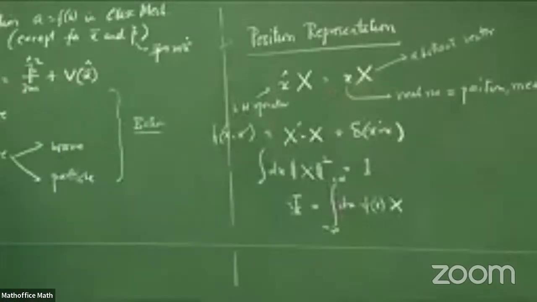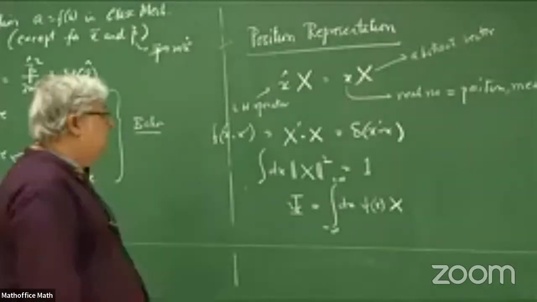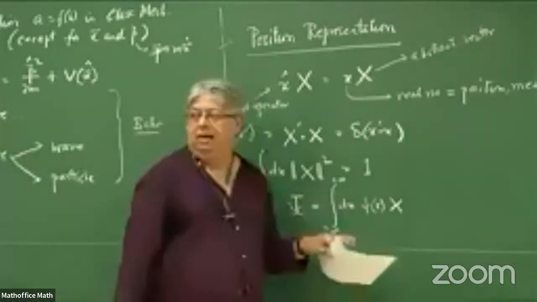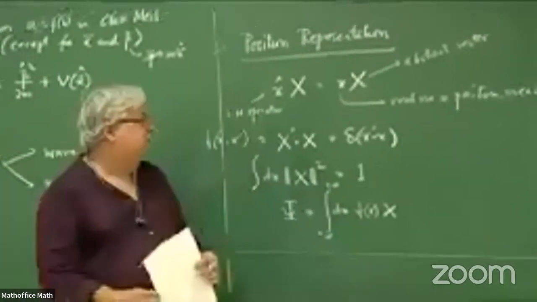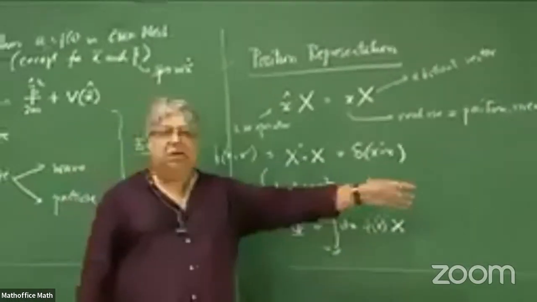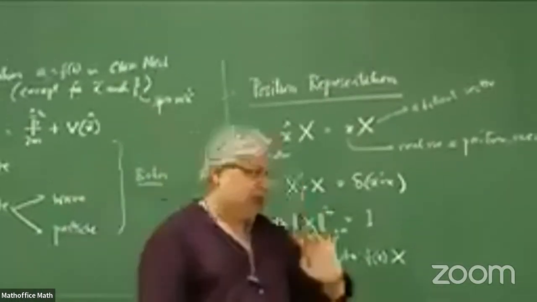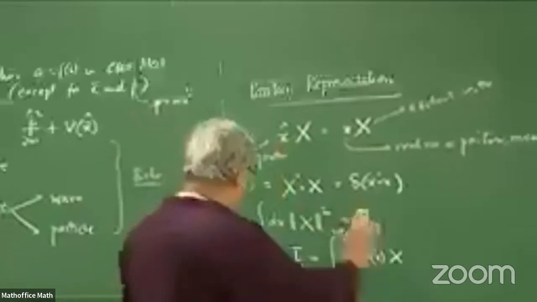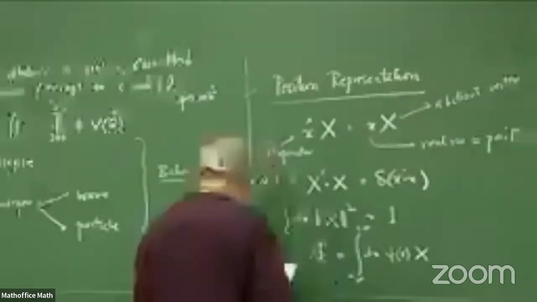But are you saying that position eigenstates are normalized? Yes, I'm trying to say that. So maybe that is the issue. Yeah, they are delta function normalized, normally, because they are not normalizable. But yes, that is a subtlety, and it leads to this as well. So let's go ahead.